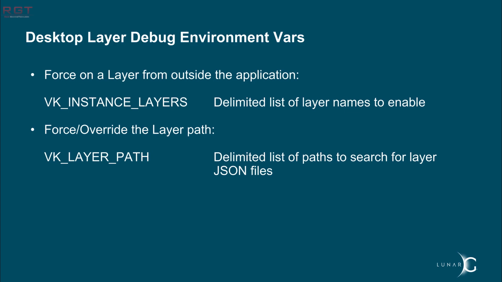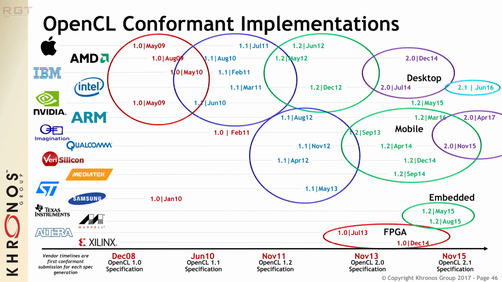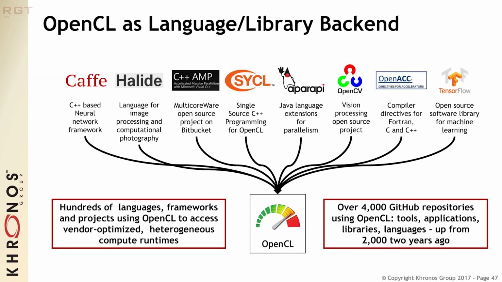Okay, that's mobile, not desktop. But it is worth remembering that Android is the largest volume platform in the known universe. It's not a small platform. That's a pretty big win. Yeah, exactly. I think it's up to 85% now. The mobile market is now Android globally, and that's Vulkan.